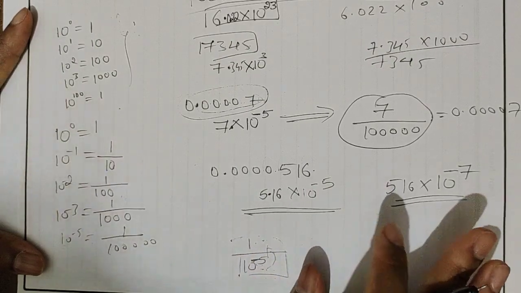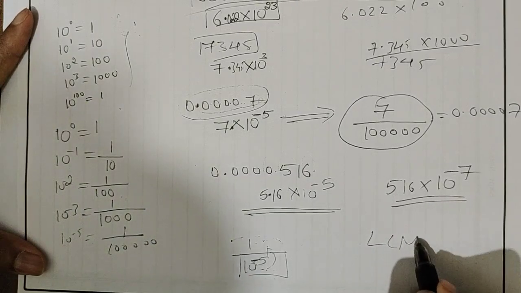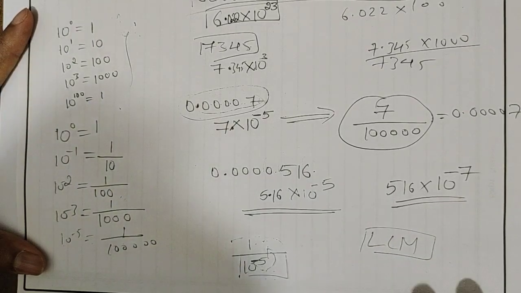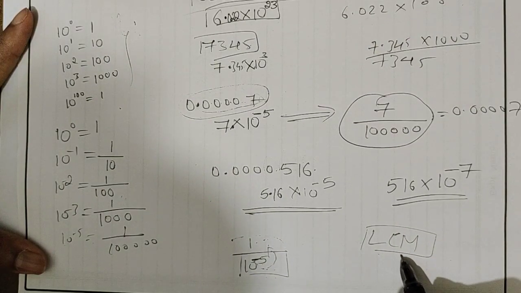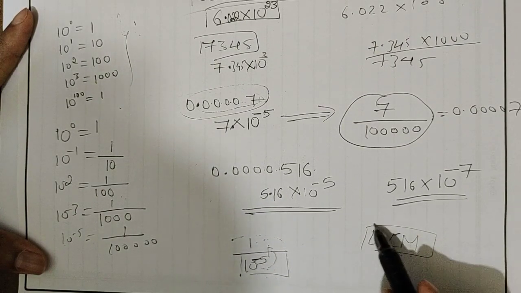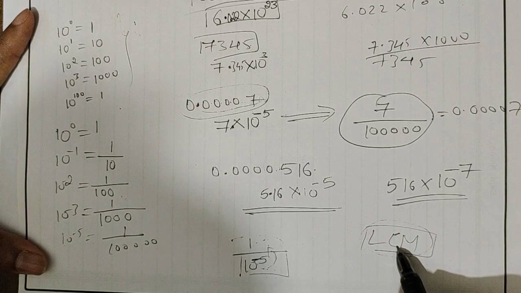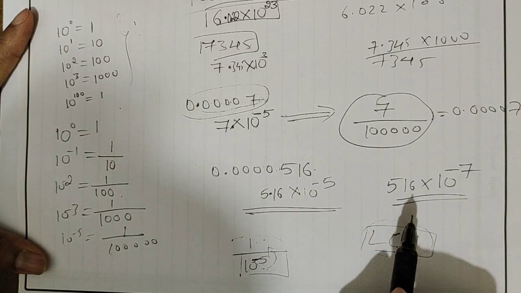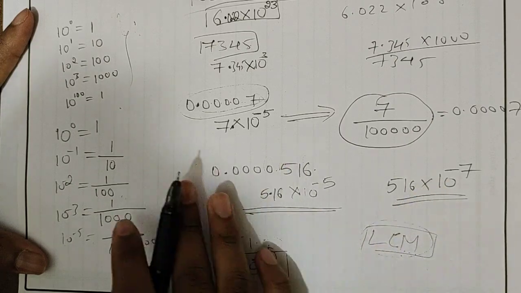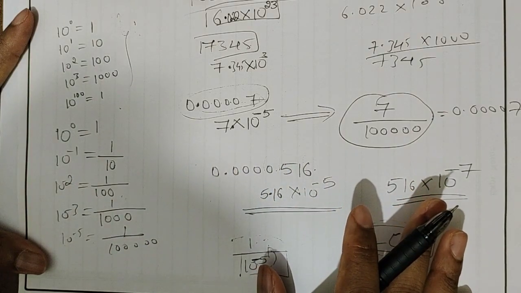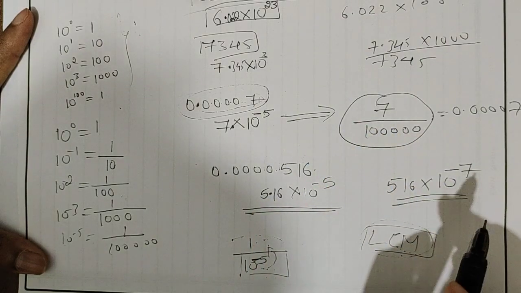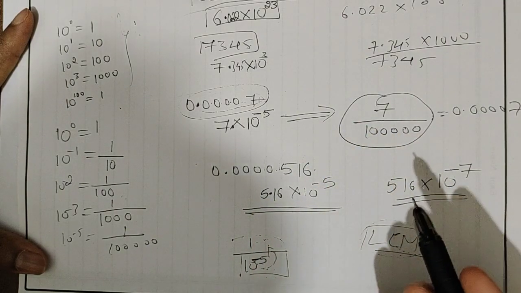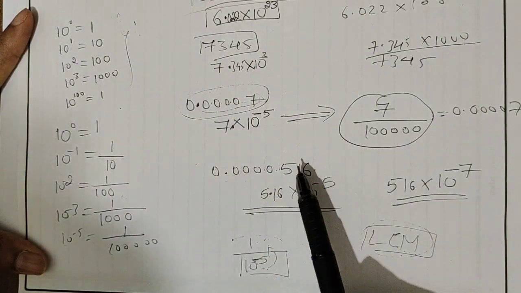Otherwise, apart from this scientific notation, you should know how to take LCM also. Of course, you will learn this from your primary school only, right? So no need to make any introduction about this part. LCM, directly I will solve the problem that will be in the next classes. Clear? And you should thoroughly prepare with your tables, because you need to do a lot of calculation. You should know how to exactly do division and multiplication, and especially in the division you should know how to do division with decimal form numbers.